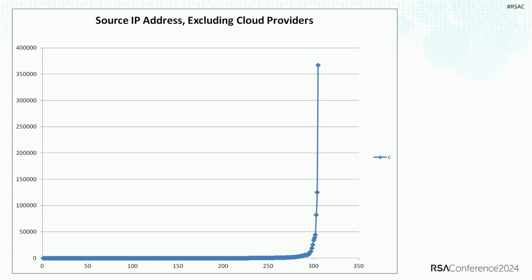And the reason those are useful is, this is what a curve looks like if we count unique source IP addresses in CloudTrail data at great scale. There's a small number of IP addresses that generate huge numbers of events, but then there's a long tail of IP addresses that generate a few events.